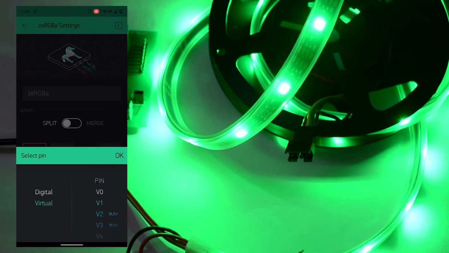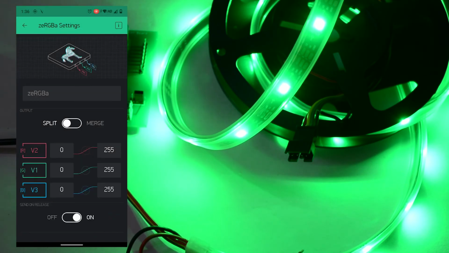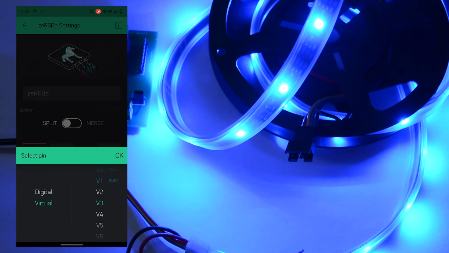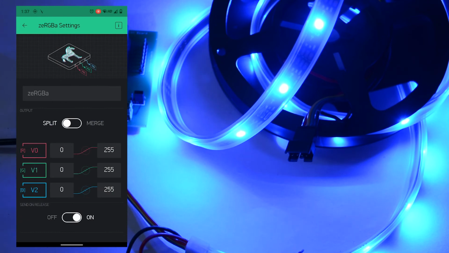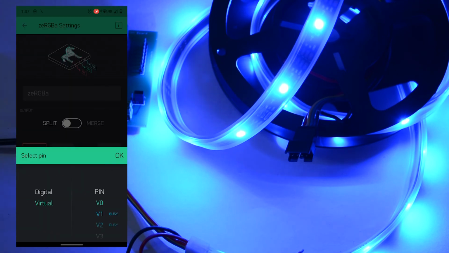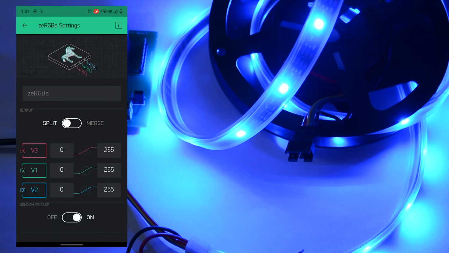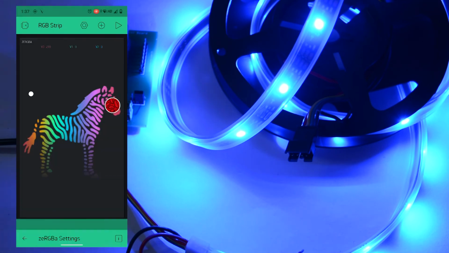That is, set G to V1 and then R to V3, or B to V1 and G to V3, as per your pixel configuration. Try this out until you fix the color pattern of your pixels. Once your pixels have been set up perfectly, you can start changing the colors and brightness of your RGB LED strip.